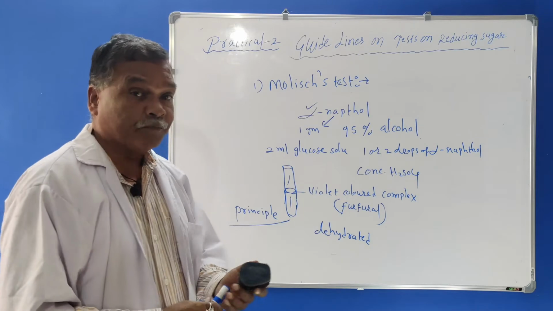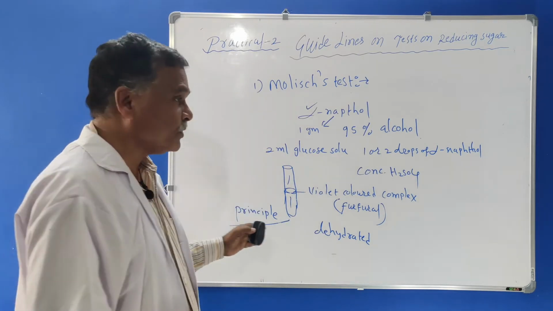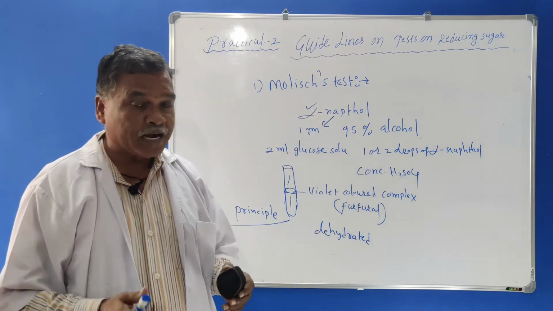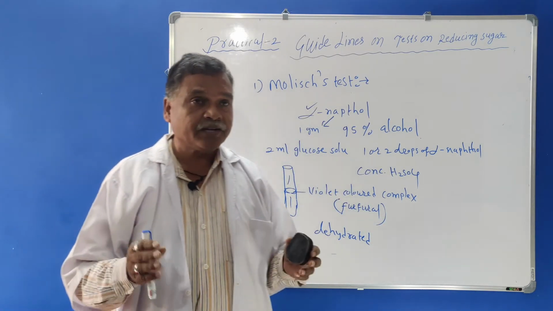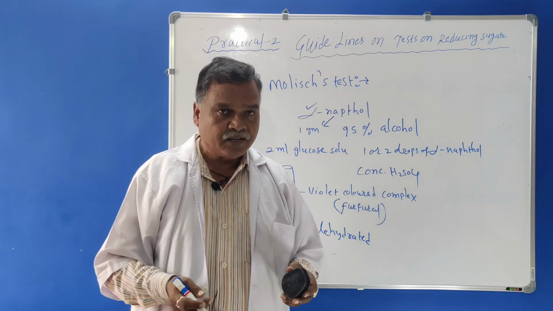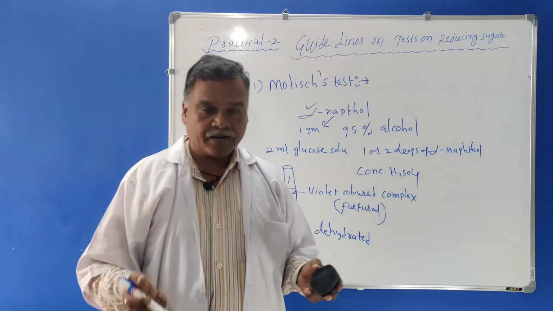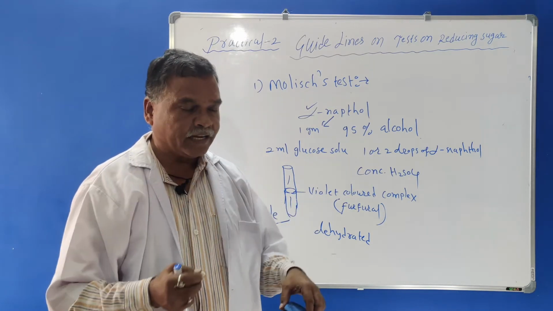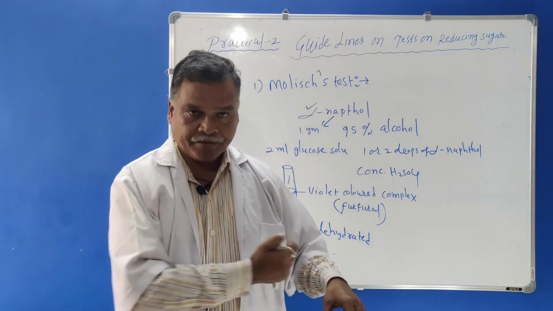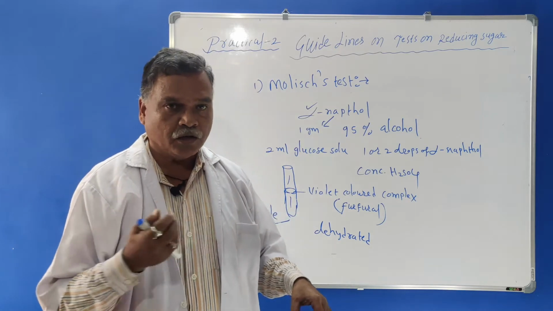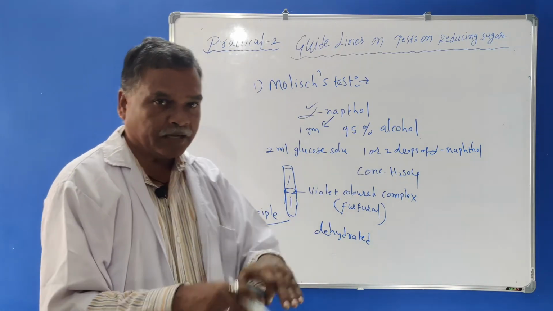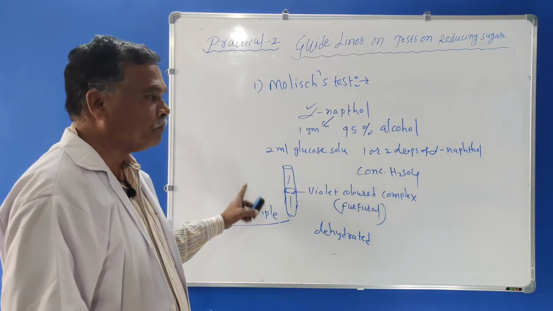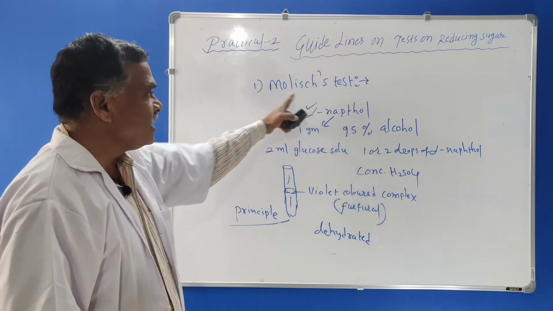Now you must know the procedure; we have seen the principle also. Now you must know what precaution is to be taken for this test. I told you that concentrated sulfuric acid is very dangerous. It is very harmful; you must know it is a mineral acid. So you should take it carefully and add it carefully, otherwise it may fall on the apron or the clothes, or on your hands while preparing the test. So these are the important precautions to be taken in this Molish test.